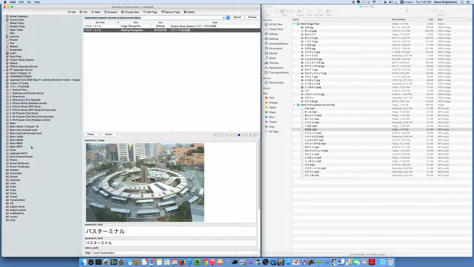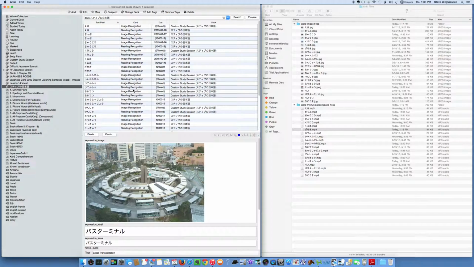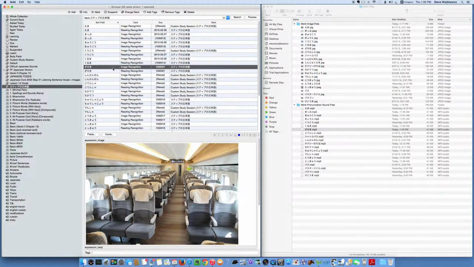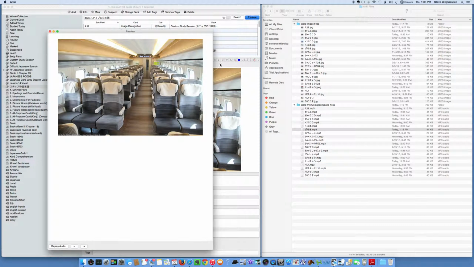and go to the deck, and it lists all the cards. I'll look for it. There it is. And to check that card, you can hit the preview button. There's the image. A little differently here. 座席